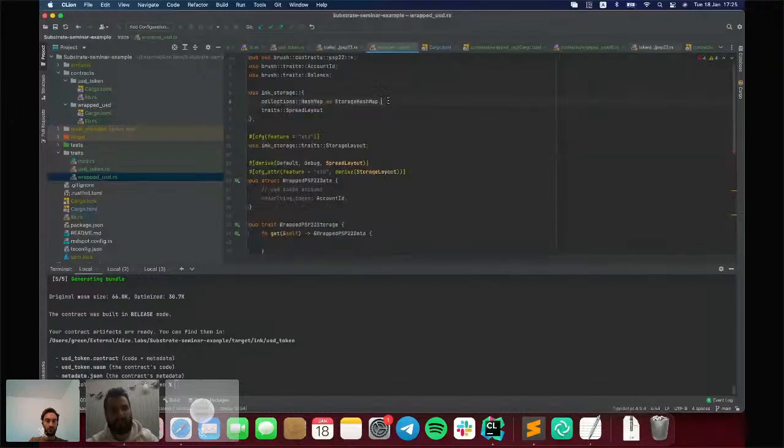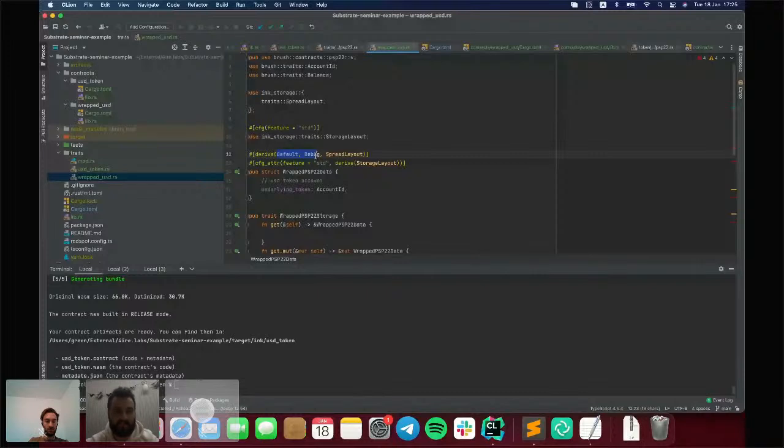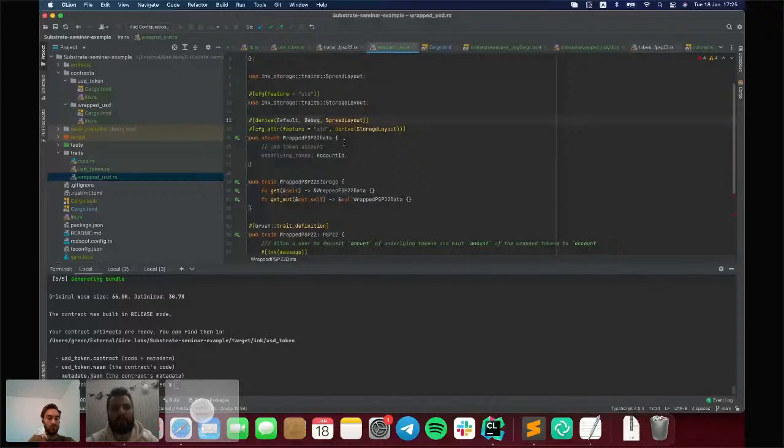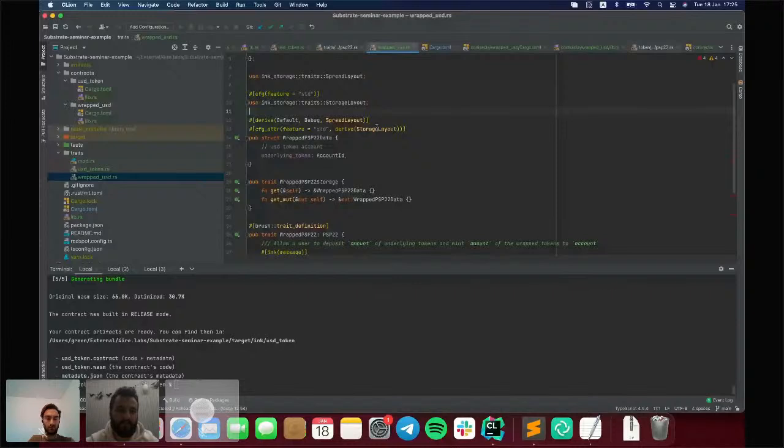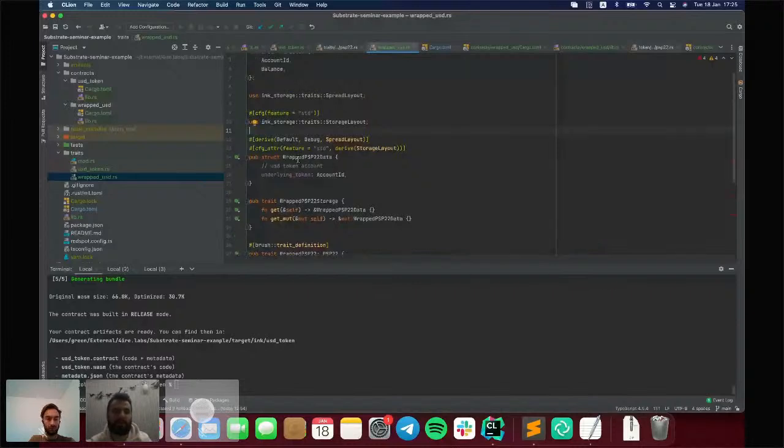So it is the same. Default and Debug are not required, but I suggest you implement them by default, because it is not hard. But Ink requires you to implement spread layout and storage layout. So if you plan that some structure will be used as a field of your contract storage, you should implement those two traits.